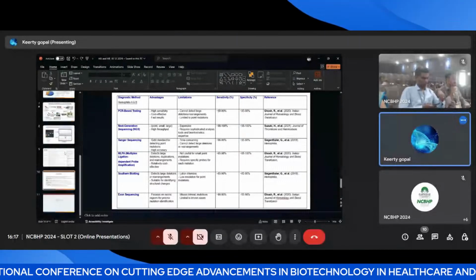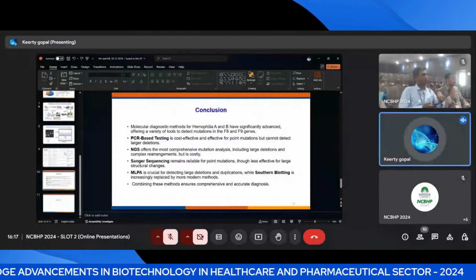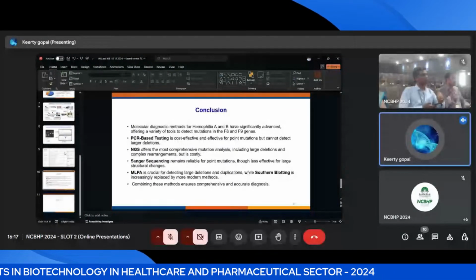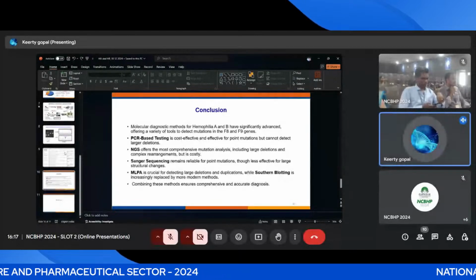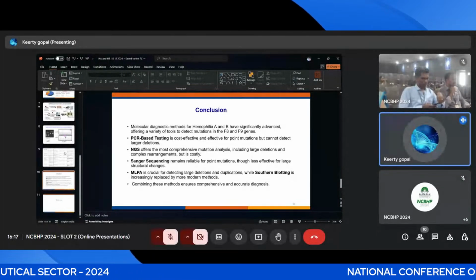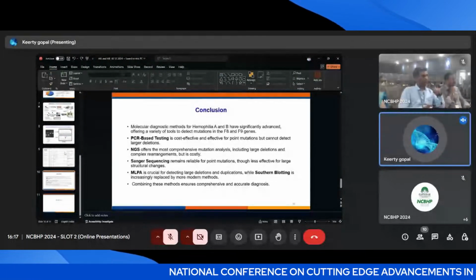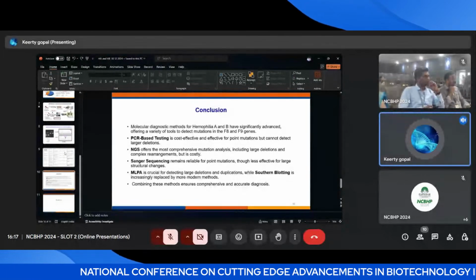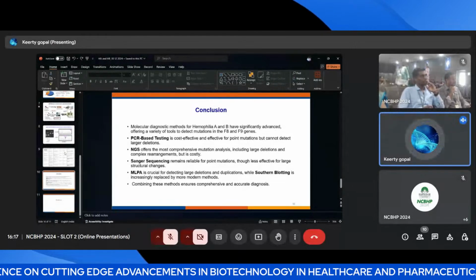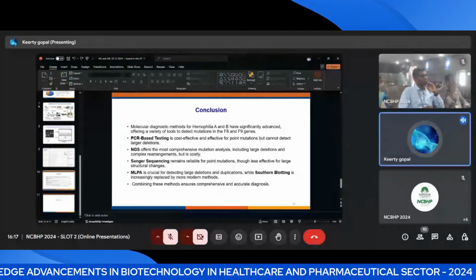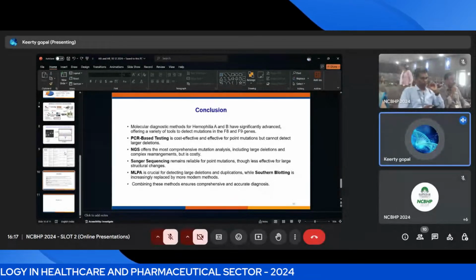So to conclude, the molecular diagnostic methods of hemophilia A and B have significantly advanced, offering a variety of tools to detect mutations in the factor 8 and factor 9 genes. The PCR based testing is a little bit cost effective, but point mutations can't be detected. But NGS offers the most comprehensive mutation analysis, including the large deletions and complex rearrangements, but it's a little bit costly. We have to validate